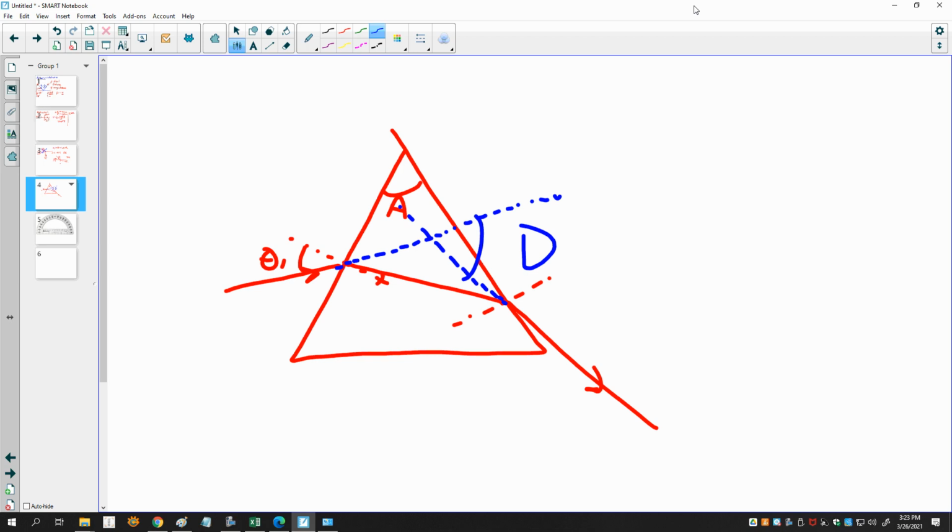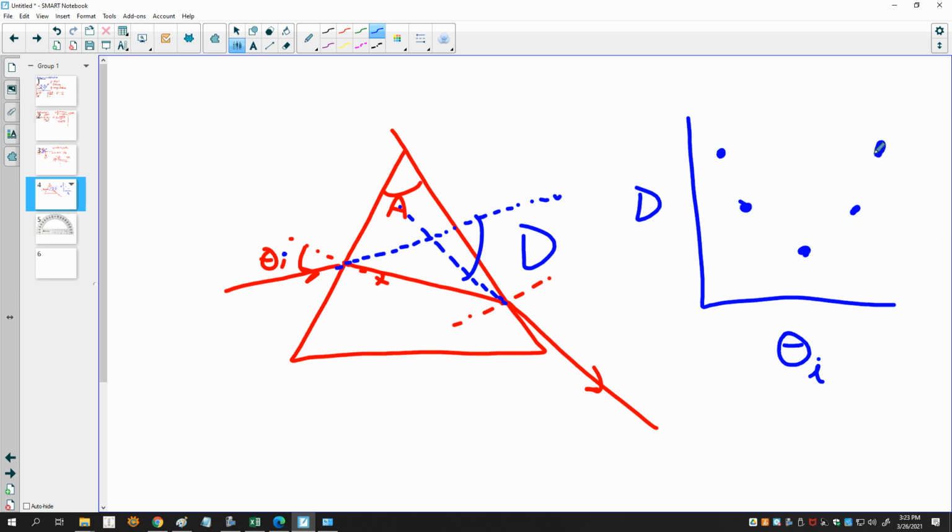So you want to measure that deviation angle for different angles of incidence. Remember, that's my angle of incidence. In fact, if I plot the angle of deviation, D, versus my angle of incidence, it's going to look something like this. So there will be some minimum deviation angle, which we'll see right here. So this is what's going to be dm. Basically, you're going to measure several deviation angles, and you're going to find out what is the smallest of those